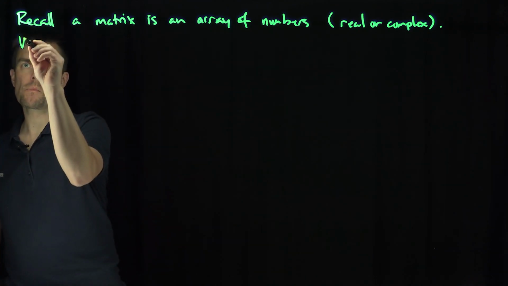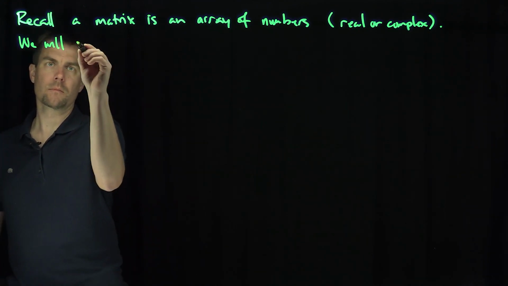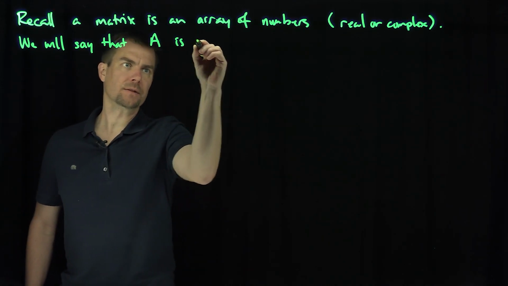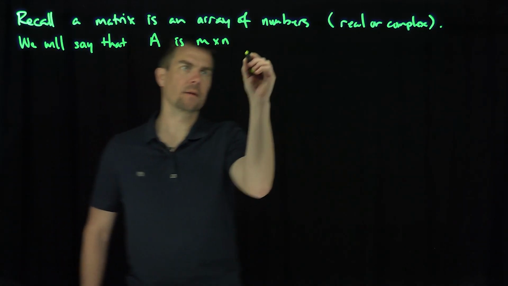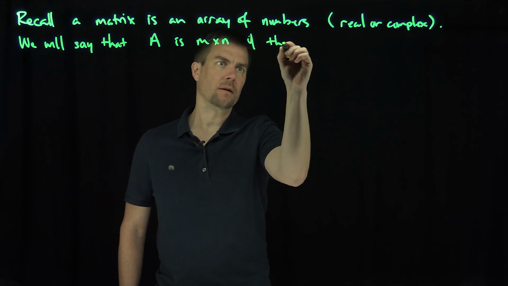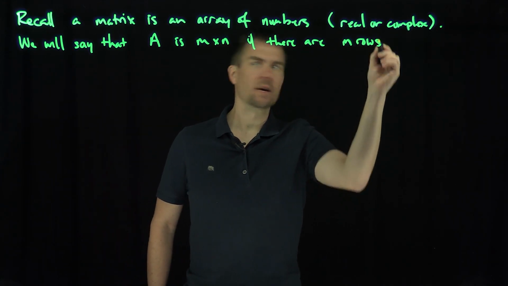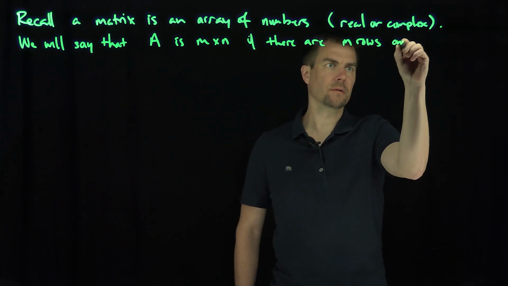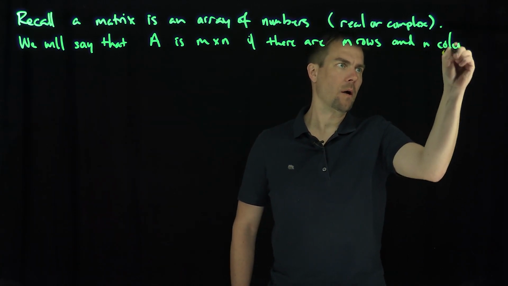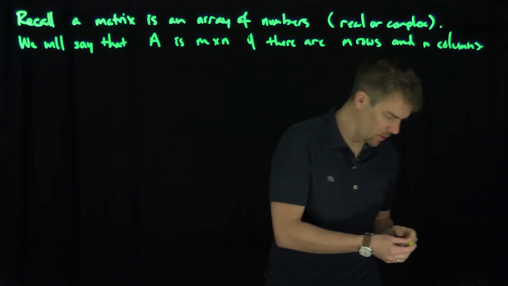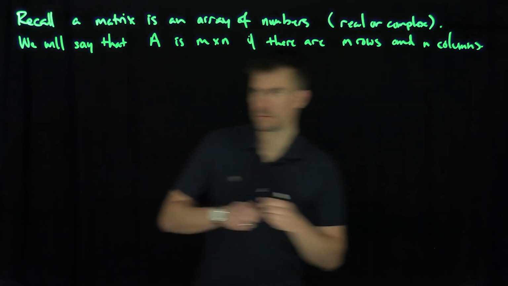We say that A is m by n if there are m rows and n columns. Okay, so we always say rows first, then we go to columns. Okay, so for example,